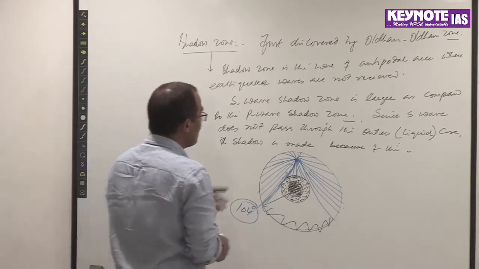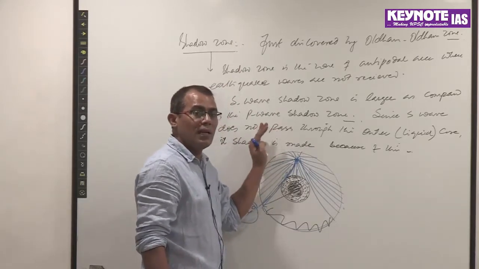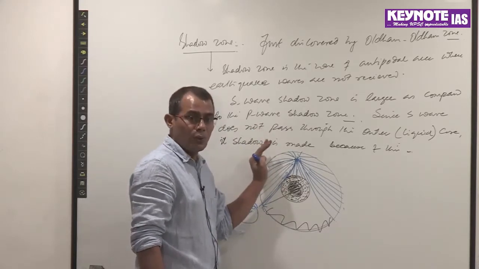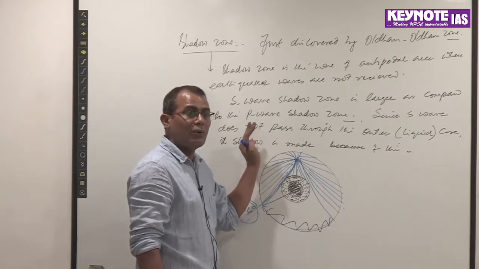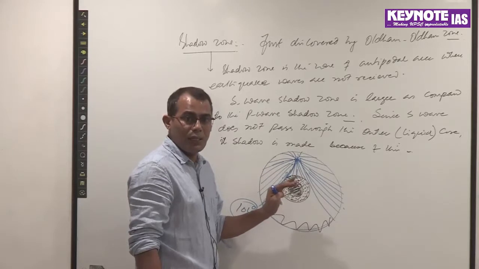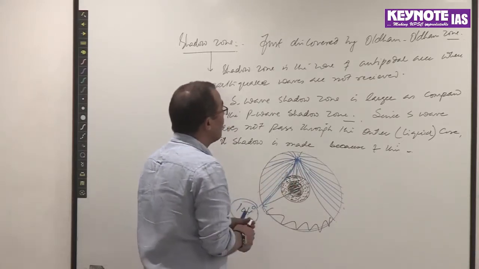Right? Now the shadow zone of S is directly related to the absence of S waves in the outer core. Since S waves cannot pass through the liquid state and the outer core is in a liquid state, it creates a shadow around the antipodal areas. Right? What about P? If you look at the P wave,